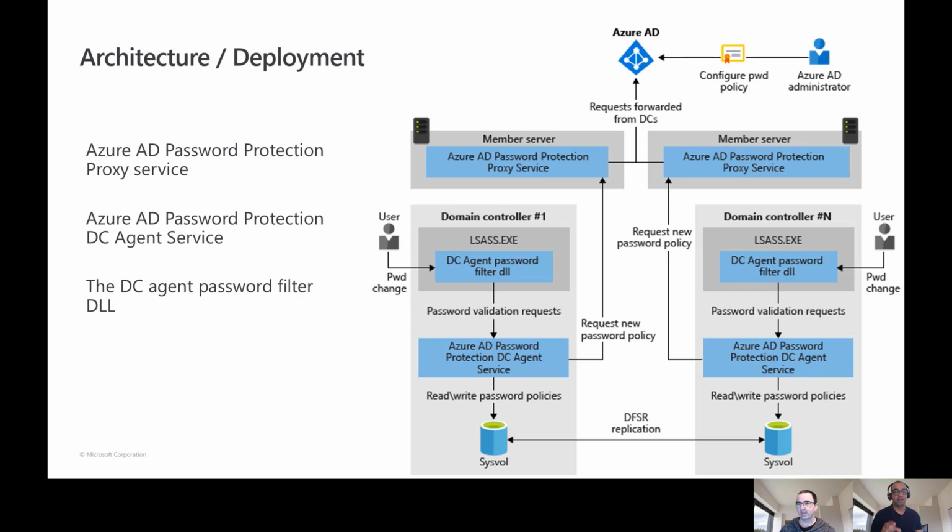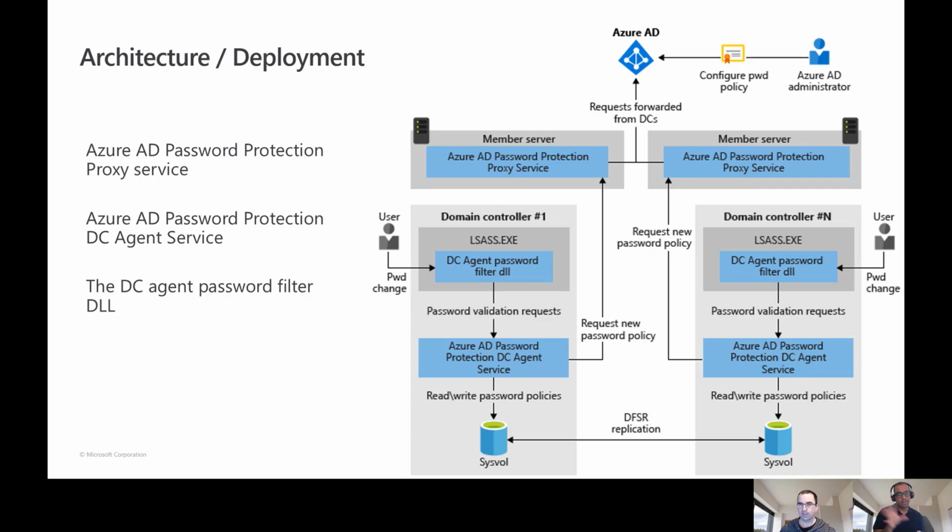So technically, even without Azure AD Connect, I'm able to protect my on-prem AD. But what you need here as a prerequisite is Azure AD P1 or P2 licenses. That is something you're definitely going to need. But you can get away without sync. Let's assume a scenario: I have a customer who wants to use this feature and is not synchronizing against Azure AD. They could use it. They could install the agent, and they would obviously have to talk to Azure AD. So they need Azure AD, but they don't have to be user synchronized. But they need certain licensing in Azure AD to be able to use this feature.